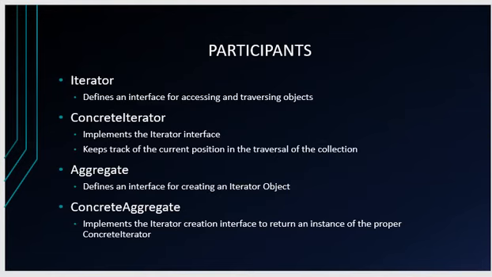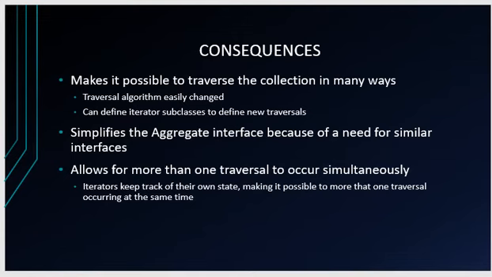operation iterator? The aggregate class defines the interface for creating the iterator object, and the concrete aggregate implements the iterator creation interface to return that instance of the proper concrete iterator. So when we create an iterator of a certain type, it returns that iterator with those overridden functions, methods. The consequences of the iterative design pattern are, well, it makes it possible to traverse it in different